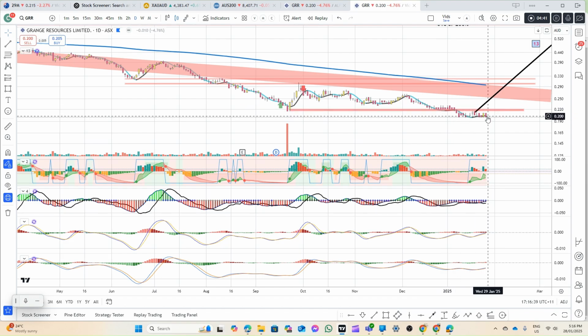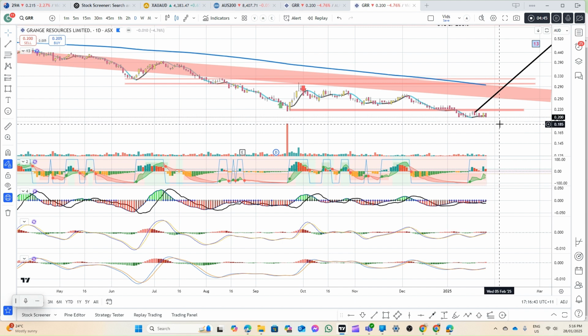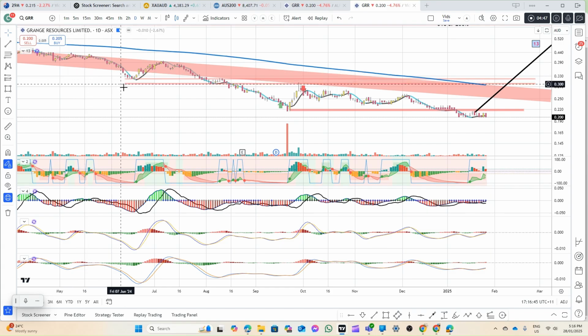And I guess we are not sure how far this will go down. It's very difficult to tell. It's broken support all the way down through here so many times that it's impossible to say that this is the bottom. But we are expecting announcements soon. And by soon, I mean by the middle of the year, and it is January, so it's within probably 6 months. You would expect to see some sort of further update or decision made about the development of the underground